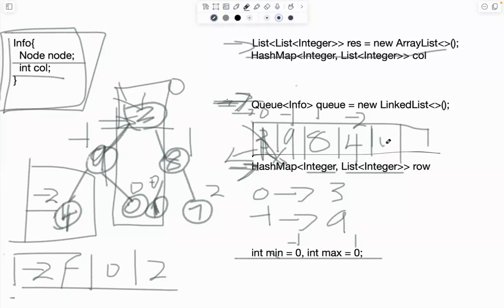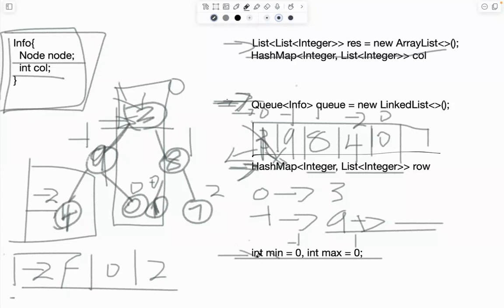Here it should be 0 with the column. It should be 0. Now we do here: if the column already exists in the key-value pair, we just add, because this one is a list, so we just add it. If the column already exists, we just add the value at the end of the list. We just use this way, and then when we finish traversing the entire tree,